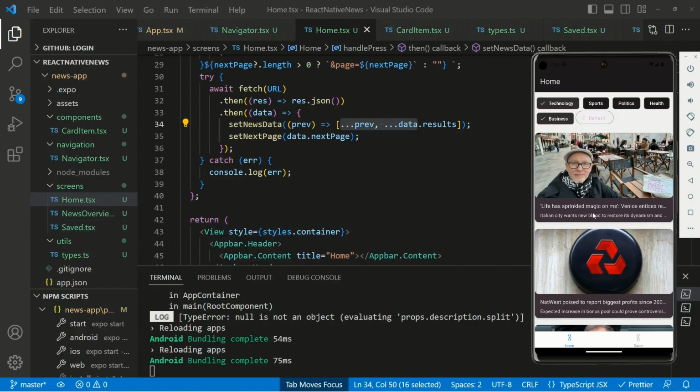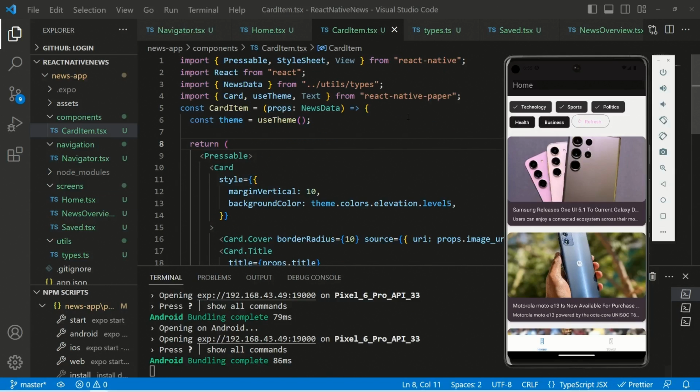Once we click on any news, we need to move into that news detail page, and from that detail page we can save or unsave that news. So that will be the logic. With that, our home screen has been completed, and now the next thing that we want to achieve is